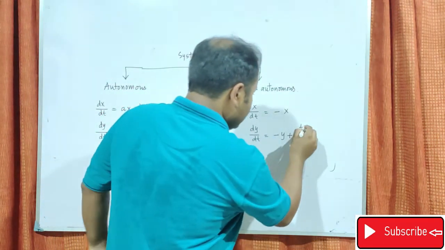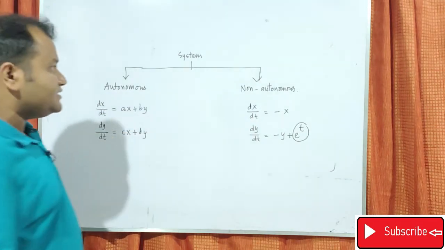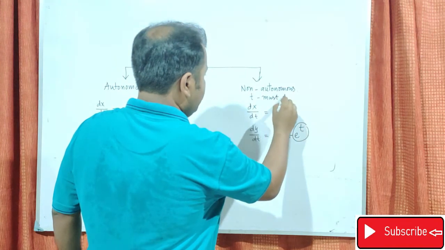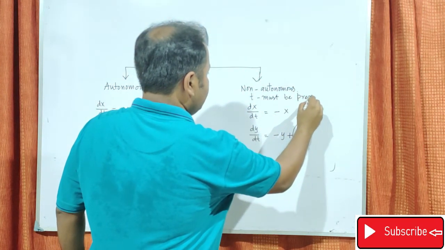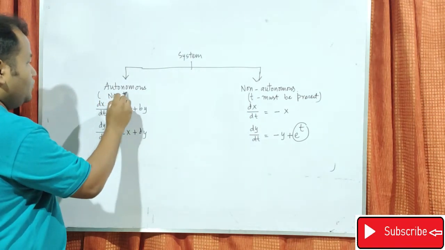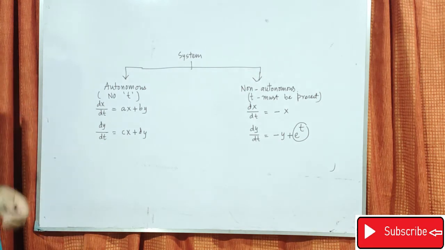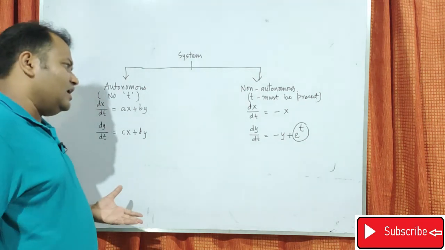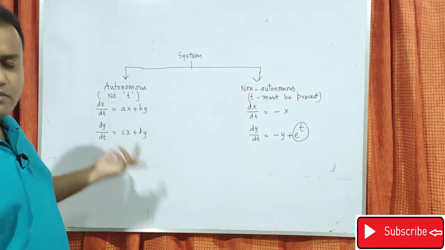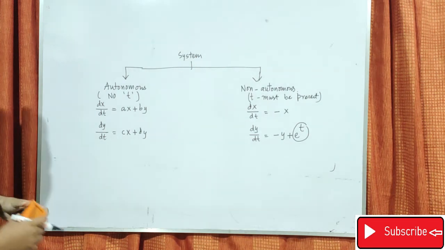So that is this term. So non-autonomous means here t must be present, and here no t. So this is the basic idea of autonomous and non-autonomous system. So basically we can deal with both the systems, but 90% of the cases we'll probably be dealing with autonomous system in future. Okay,